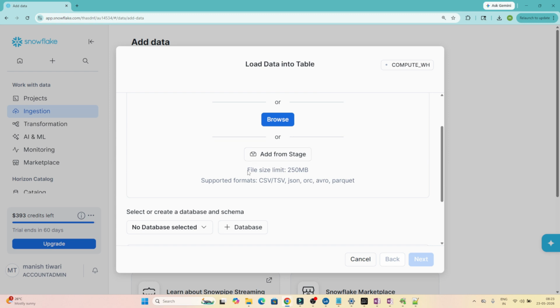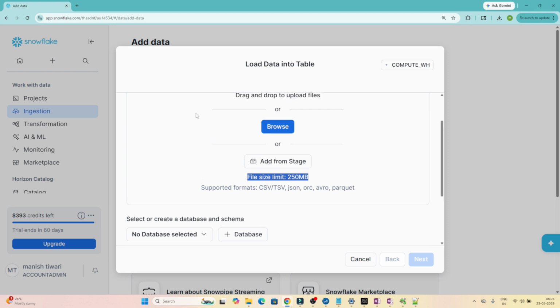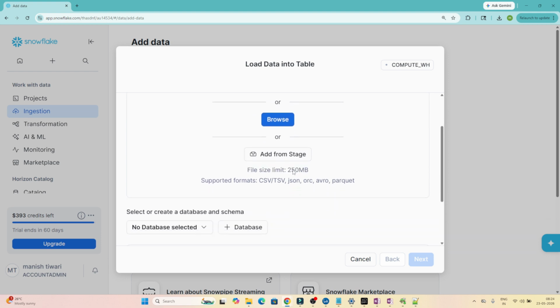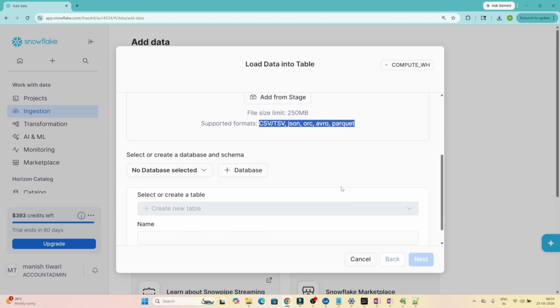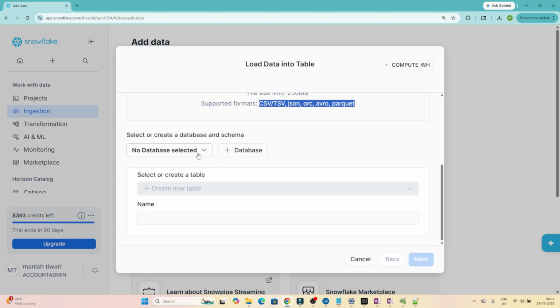The important point is the file size limit. It is 250 MB only. It means you can upload a file which is below 250 MB or around 250 MB, but a file larger than 250 MB you cannot upload through the UI method. So that is the limitation. Previously it was 50 MB, but I think Snowflake has increased it to 250 MB. That is good. It supports